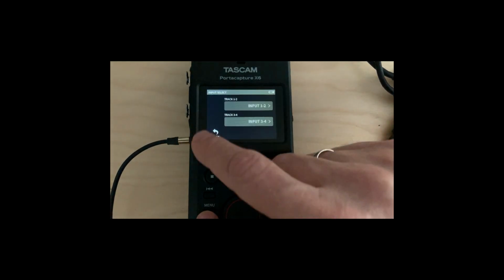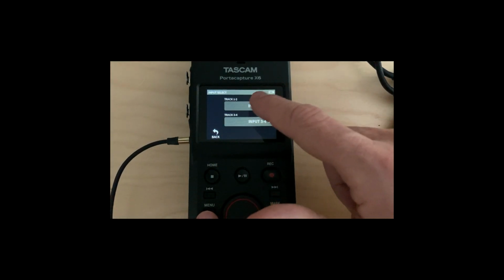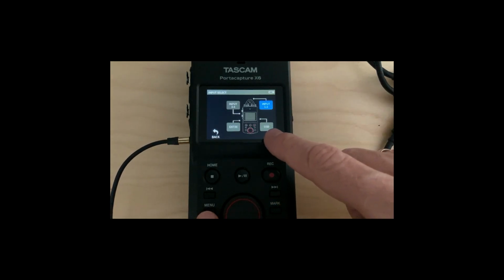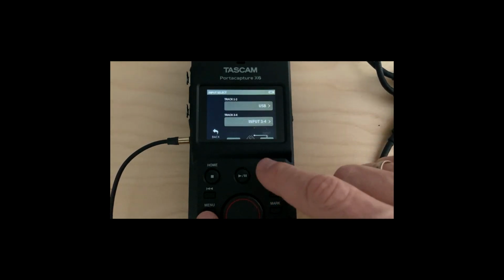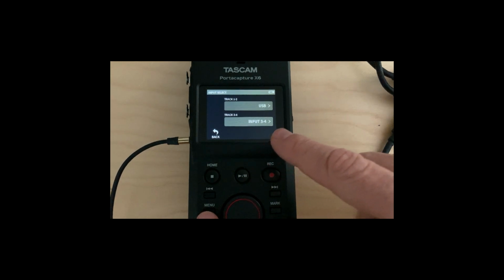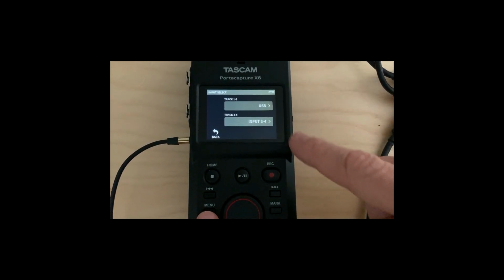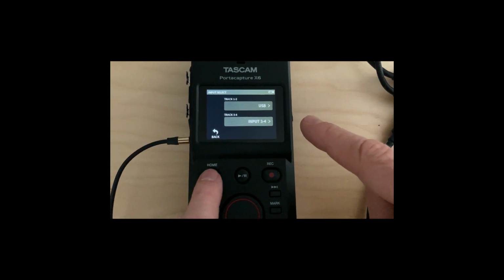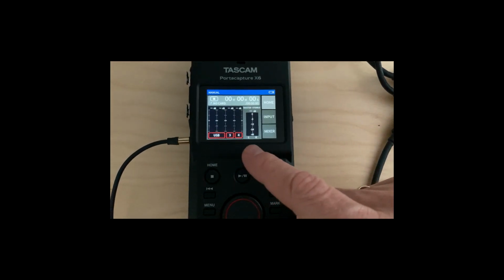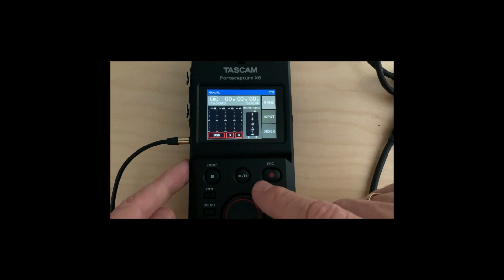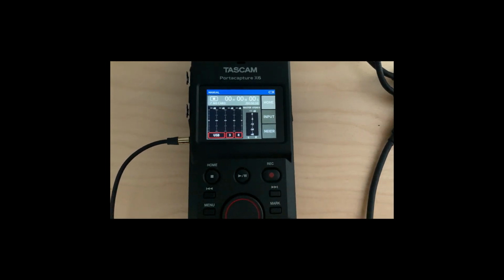And then you have the input select. And for the input select, you can choose USB. If you choose USB, that means the audio is streamed from your DAW into the Tascam, and then you can monitor what comes out of the external out,